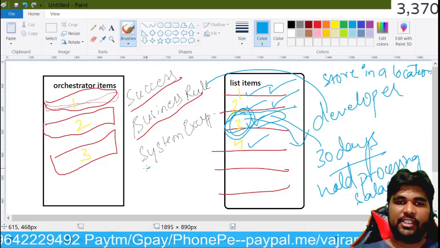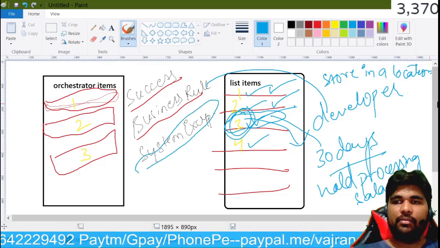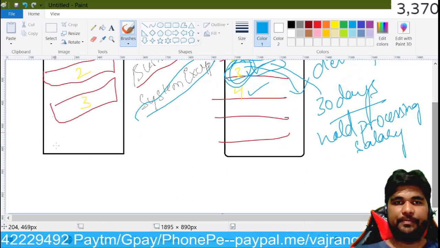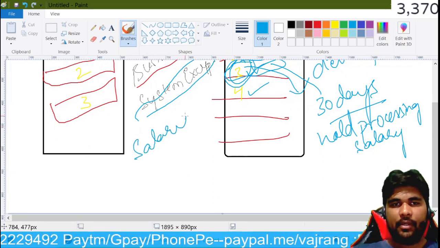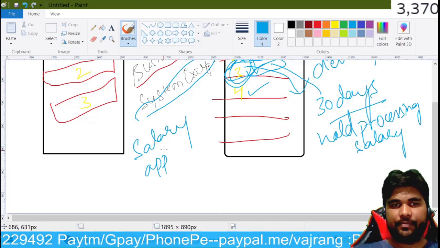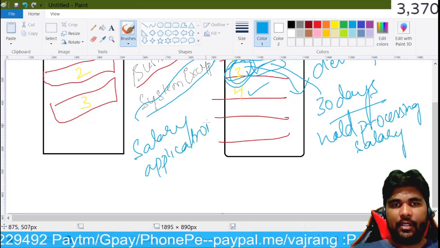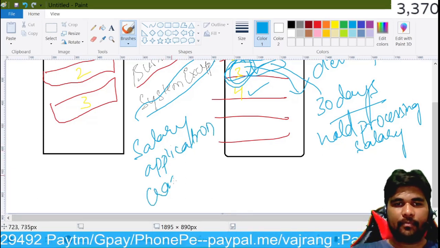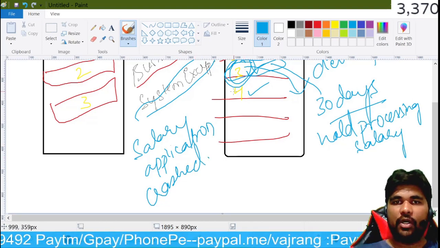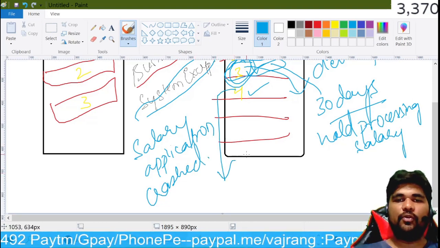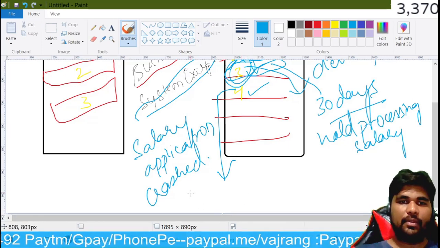But in case of system exception, let's assume that the bot failed, so that the salary application crashed when it's trying to work on the fourth item, the fourth salary.